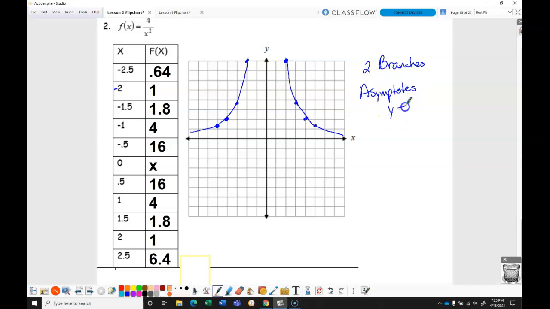And they are y equals 0 and x equals 0. Again, the x-axis and the y-axis. Our domain, same thing. X can equal 0. And our range is the same thing. Y can equal 0. Our quadrants